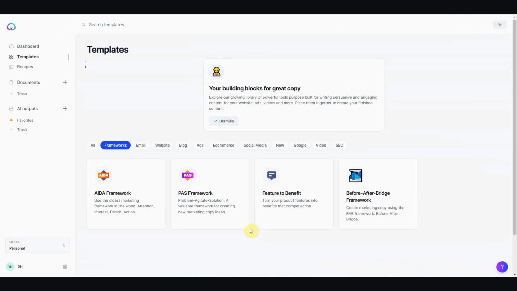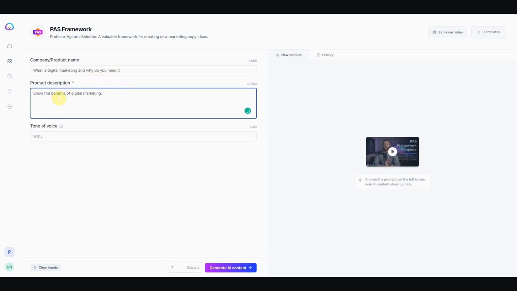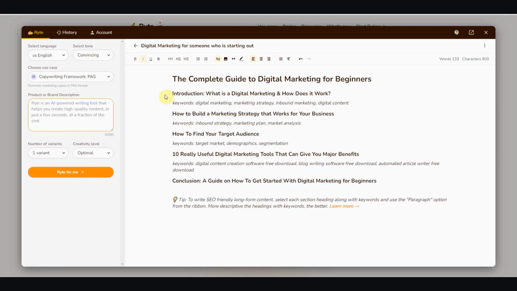All right. So for long form content, I'm going to be using the PAS framework. Right? And it stands for problem, agitate, solution, and it's great for creating marketing letters or marketing content, long form. All right, and in this one, I'm just going to type in what is digital marketing and why do you need it. Okay, and then for Rytr, I'm going to do the same thing. Just enter it in here,